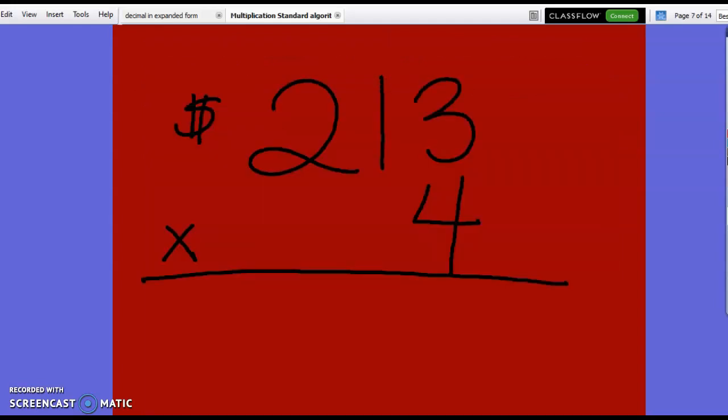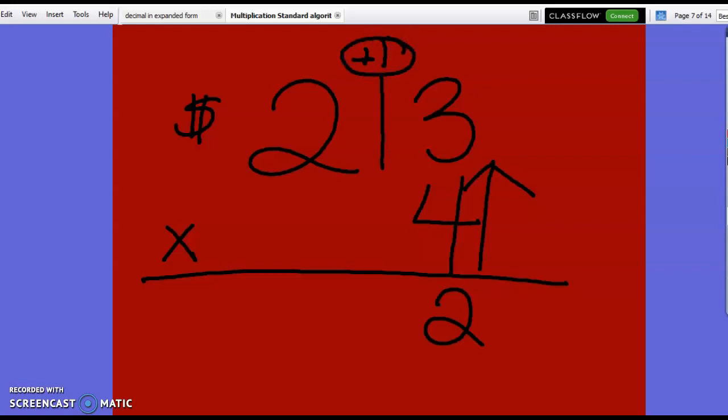Okay, so you should have written down $213 and multiplying it by 4. Remember, your step 1 is you start on the bottom number, multiplying the top number. You're working from your right to your left. So we're going to start with our ones place. 4 times 3, you should have gotten a 12. Oh, but there's a regrouping. Here is something new. With multiplication of your standard algorithm, when you regroup, you go to the next area and put a plus 1. So my 12, you have the 2 down below and put a plus 1